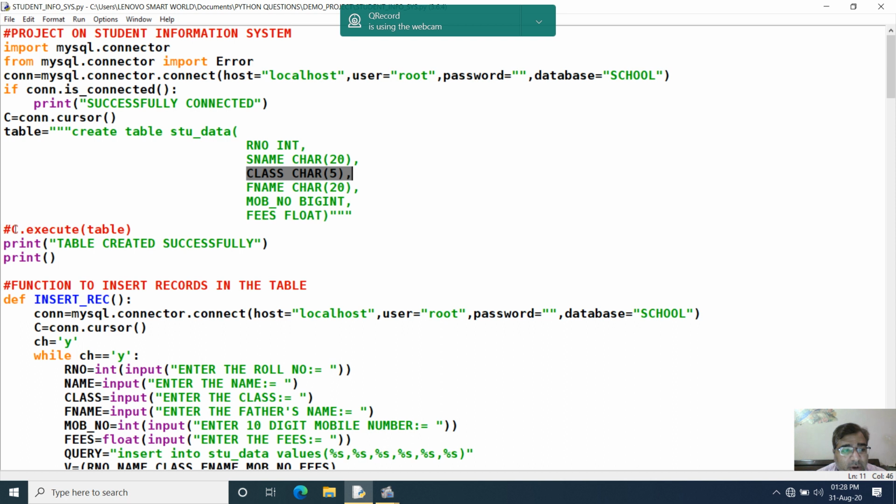Now you can see I have made this execute command as a comment. Why I made it comment? In the initial stage, when I created my table for the first time, I executed this command and my table got created. But after my table got created, when I performed the further operations, it was giving the error "table already exists."